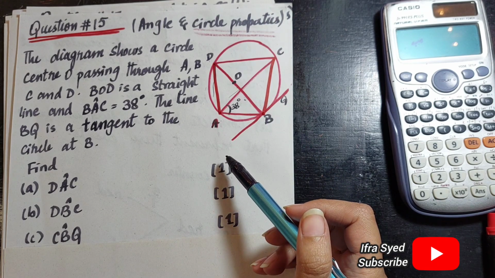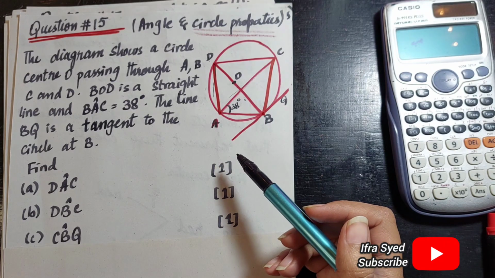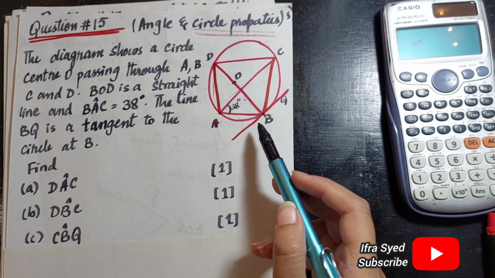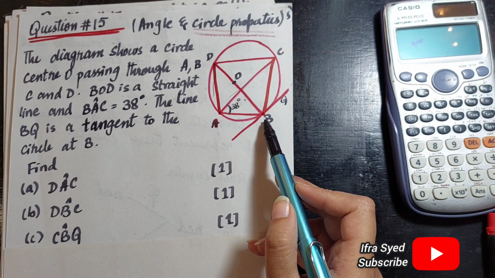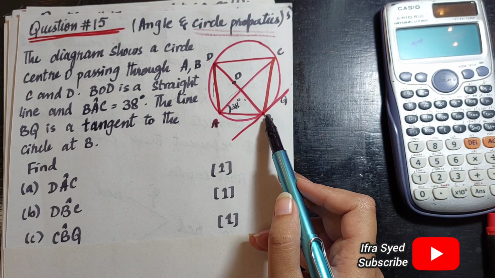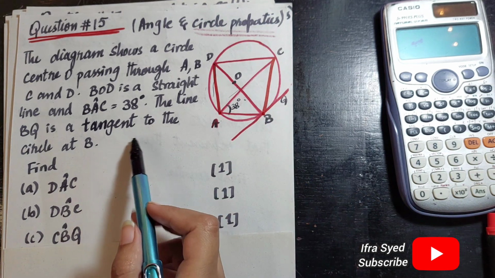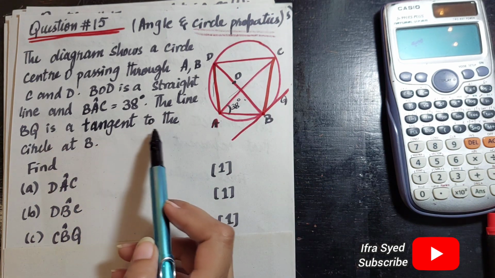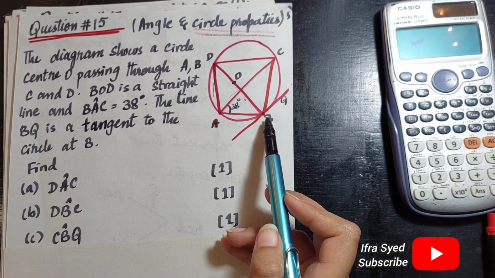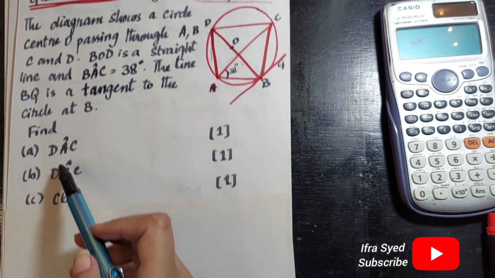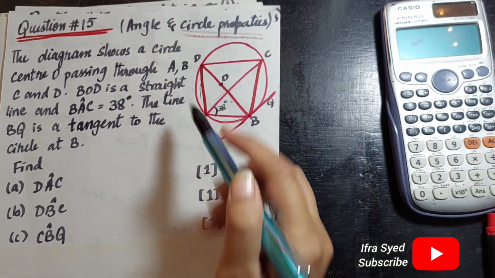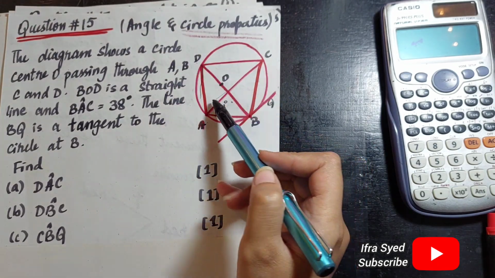So first of all, let me explain to you about the tangent line. A tangent line is a line that touches the curve at only one point. As you can see, this tangent line touches this circle at this point B. And it is also written in the question, the line PQ is tangent to the circle at point P. It only touches the circle at this point B. So in this question, we have to find the value of DAC. Where is DAC? In this circle, as you see, this is DAC, and we have to find the